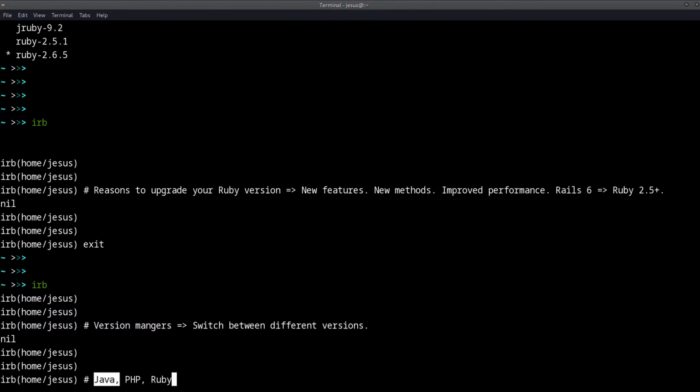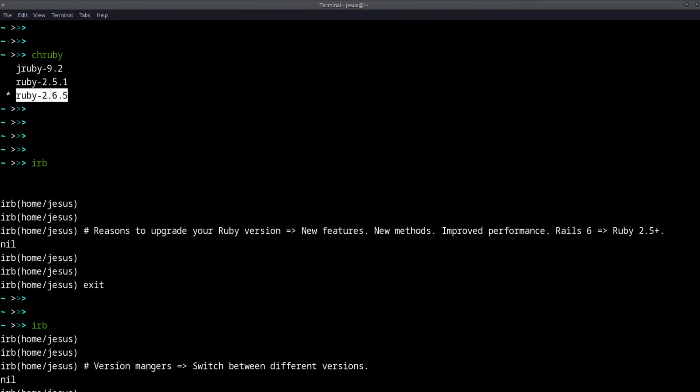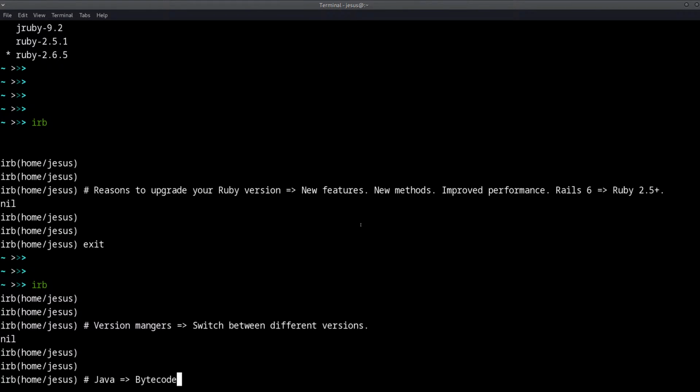Well, in the case of Java, you have an intermediate file called bytecode, right? With Java, you get something called bytecode, which is like an intermediate file, but in the end, you need the interpreter, right? And that's what we're referring to when we're talking about this Ruby program, right? I just wanted to give you this context so you understand the difference from an exe file that you can run, which usually is built using the C programming language,